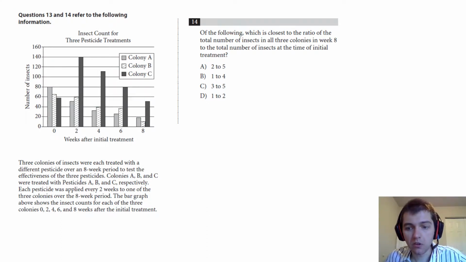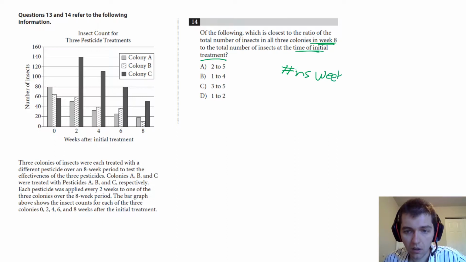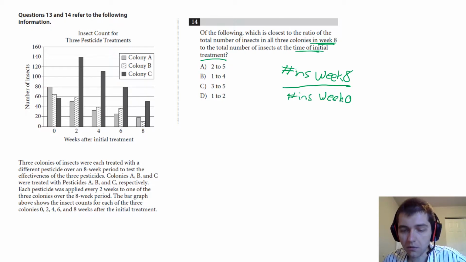Problem 14, they're using the same information from problem 13, that bar graph, and ask, of the following, which is closest to the ratio of total number of insects in all 3 colonies in week 8 to the total number of insects at the time of initial treatment? So they're asking for a ratio where they're asking for week 8 to initial. So what they're asking for in that ratio is really if you take number of insects in week 8 divided by the number of insects week 0, and that's information you can get from the bar graph, is equal to,